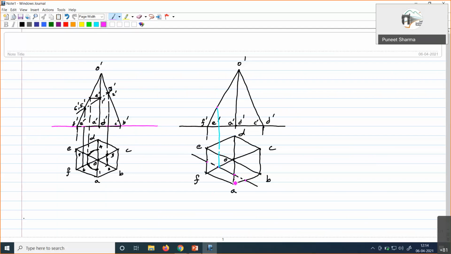Now again for OA, we will not be able to locate it on O dash A dash. So for this, just the reverse exercise, whatever we have done, we have to do. We have to mark it on another edge, which is actually showing the projection at some inclination in the other view. So we do this, we go onto this. Okay, wherever we are reaching, from there you can get back to this edge. So like this, we can mark it over here, right? So this is just the reverse of whatever we discussed for the previous case.